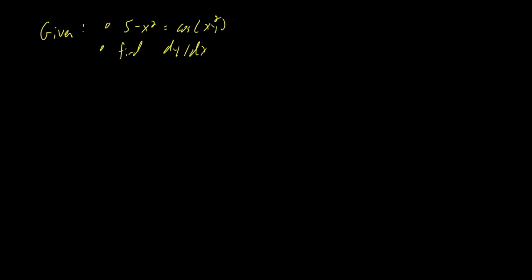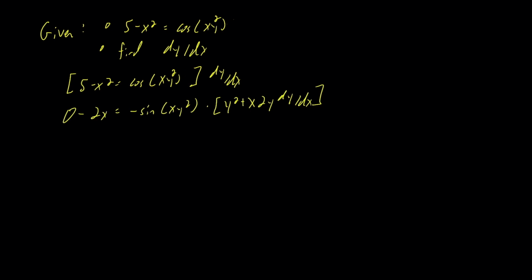Alright, so this problem is going to require plugging in a specific point for dy/dx. We're actually just going to solve it. So that's great. We can now begin by differentiating both sides. On the left side, the 5 is 0, and negative x squared will be negative 2x. And